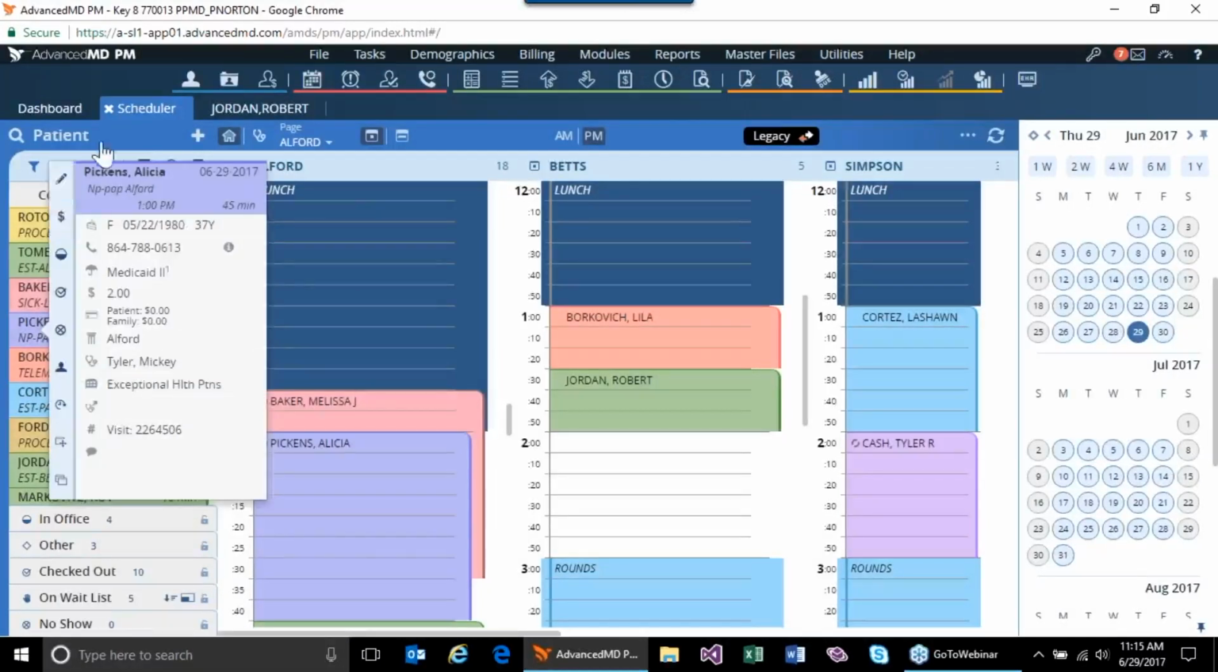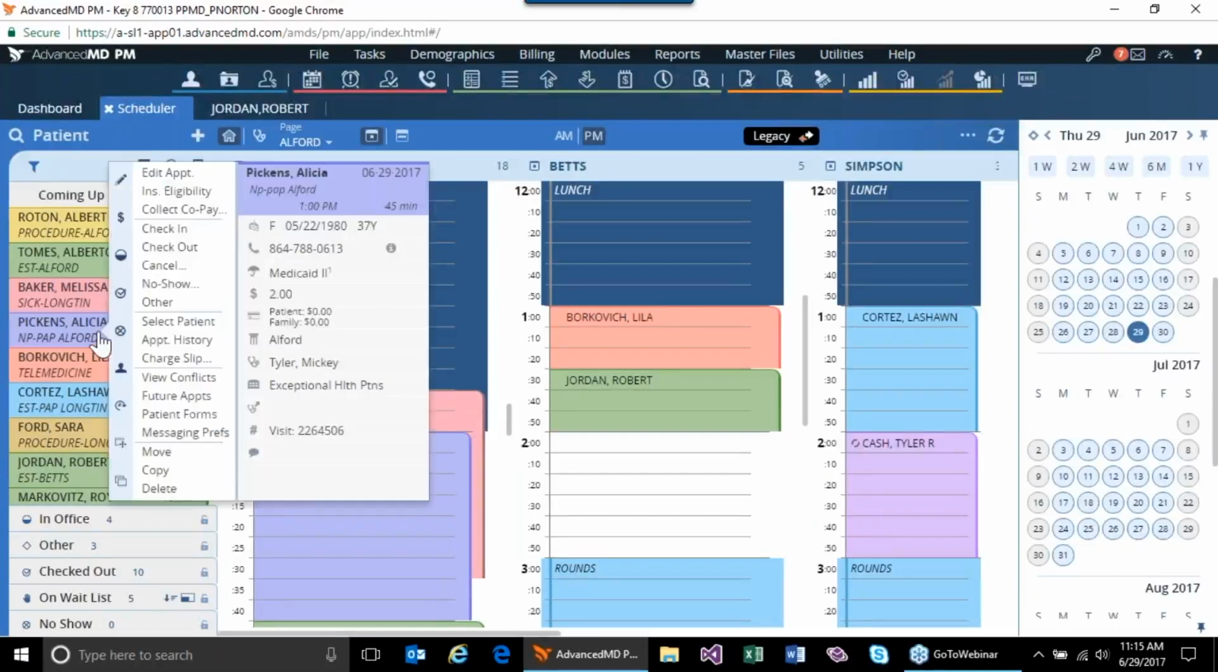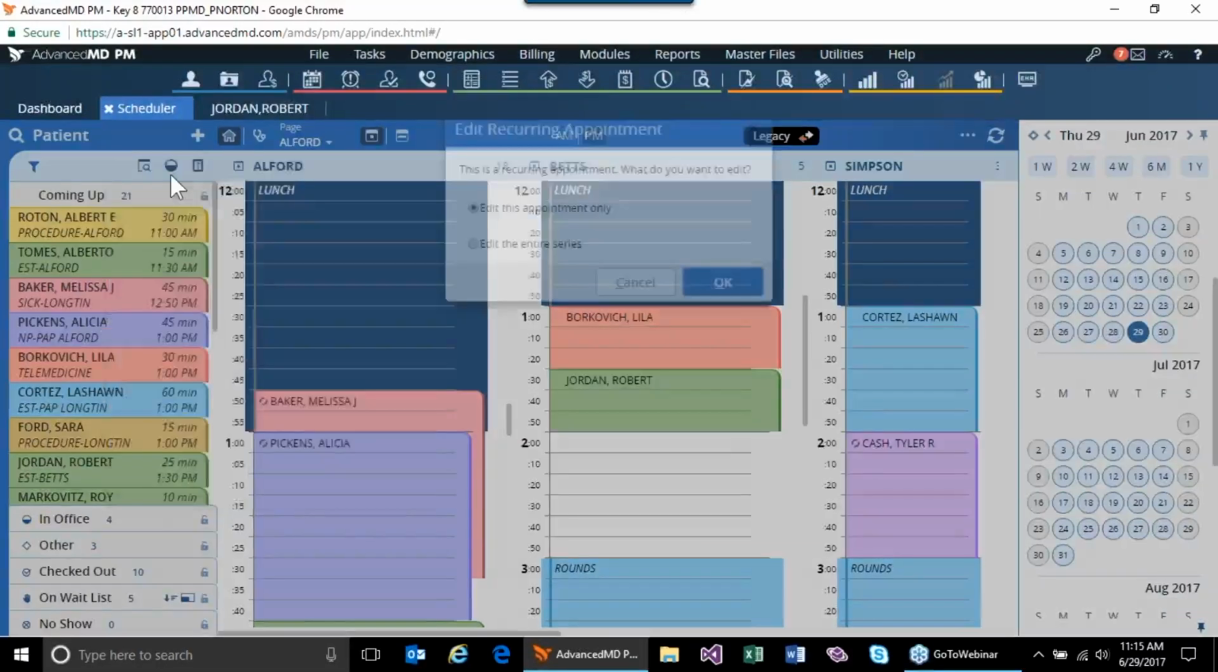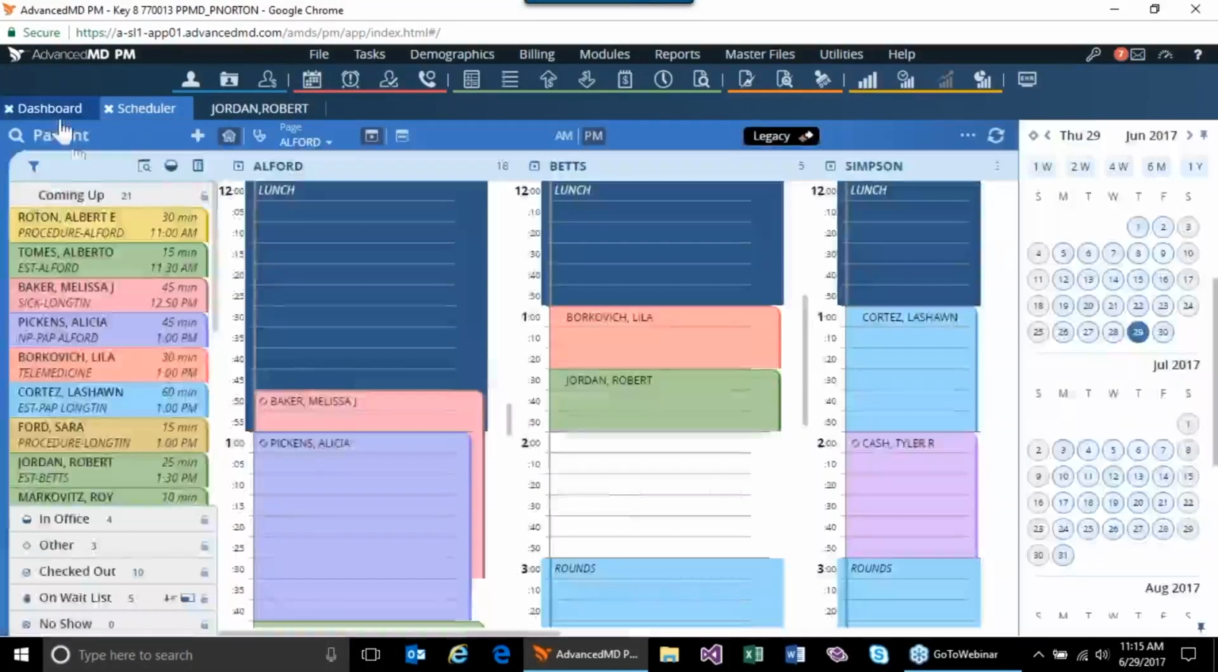So since I already have a quick view of the appointments that are for today, I can simply find that and then choose Edit Appointment. It's another way to quickly get in to my Edit Appointment screen. And on that topic, if